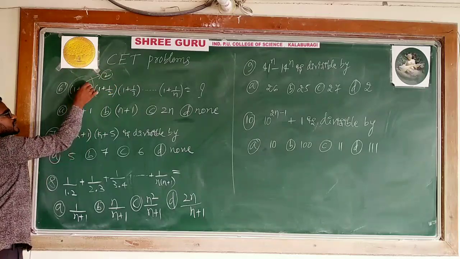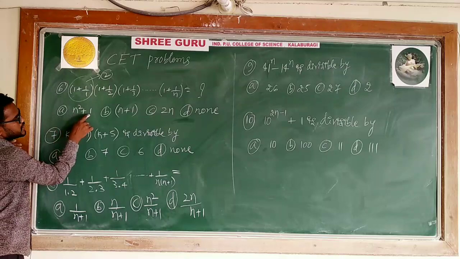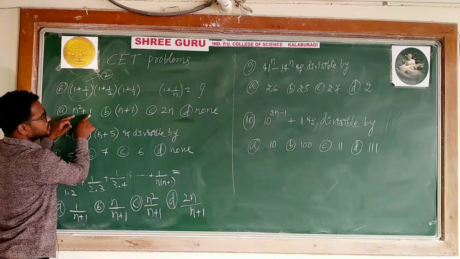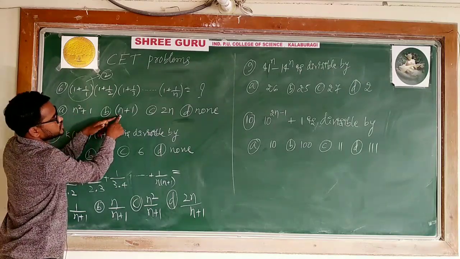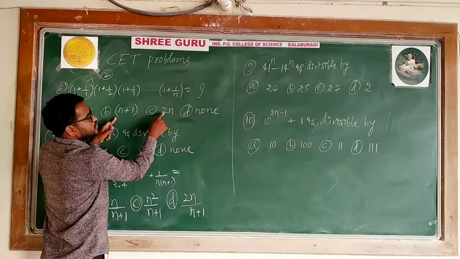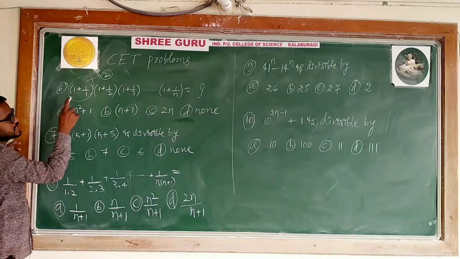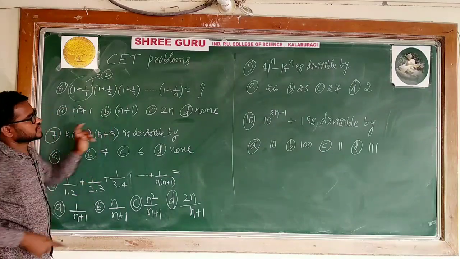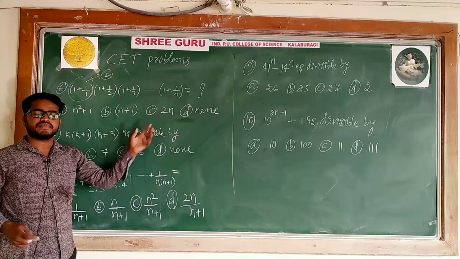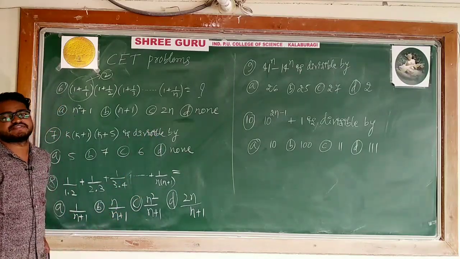For n is equal to 1, 1 plus 1/1 is 2, so we should get 2. With n is equal to 1, 1 plus 1 is 2, this also; n plus 1 is 2, this also; n plus 1 with n as 1 is 2, and 2 into 1 is 2. So in the case of n is equal to 1, the first option is satisfying, the second also, and the third also. Which one is the option, then? In the case of n is equal to 1, it fails.